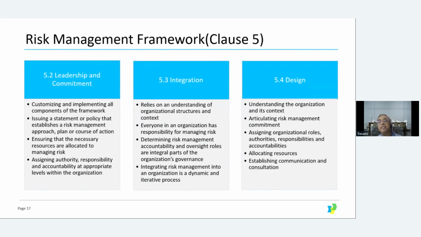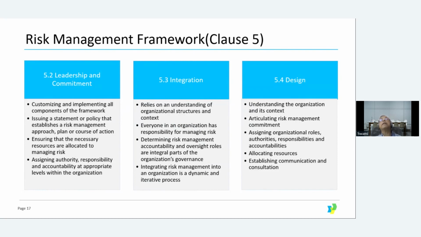Design is supposed to understand what are the present controls that we have in place, what are all the resources available, and who are all to be implemented and deployed for those activities. All that needs to be decided, and a design needs to be done in the framework. Understanding the organization and its context, articulating the risk management commitment, it's all to be done by way of preparing